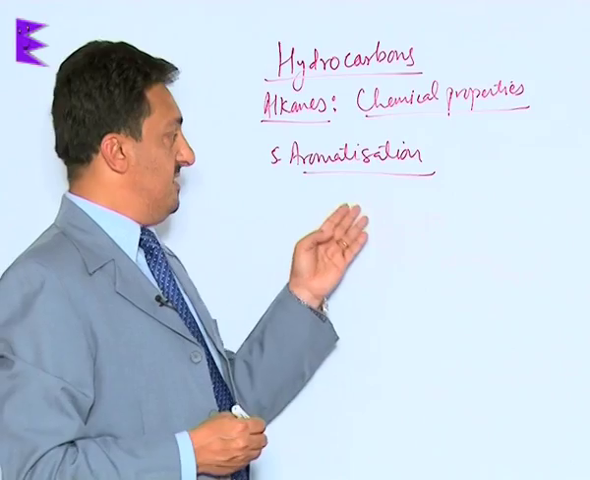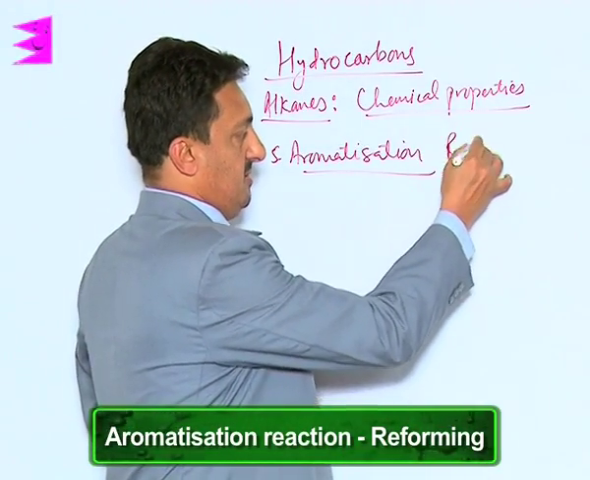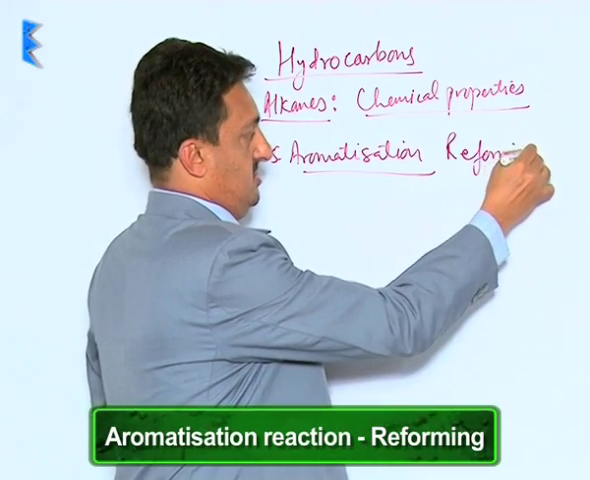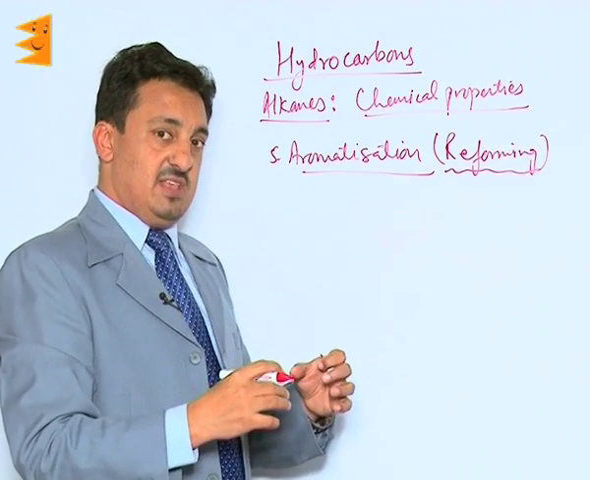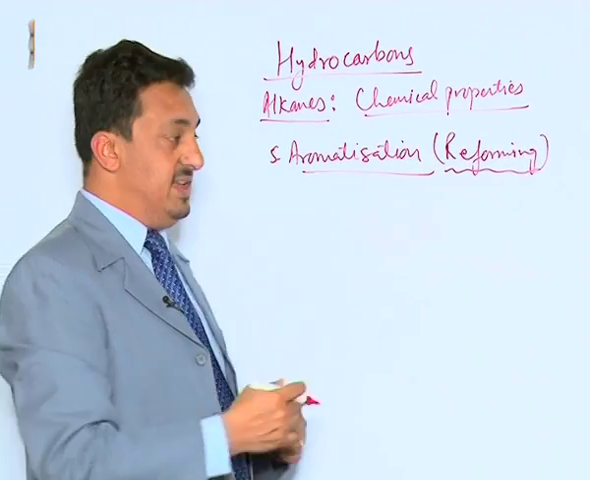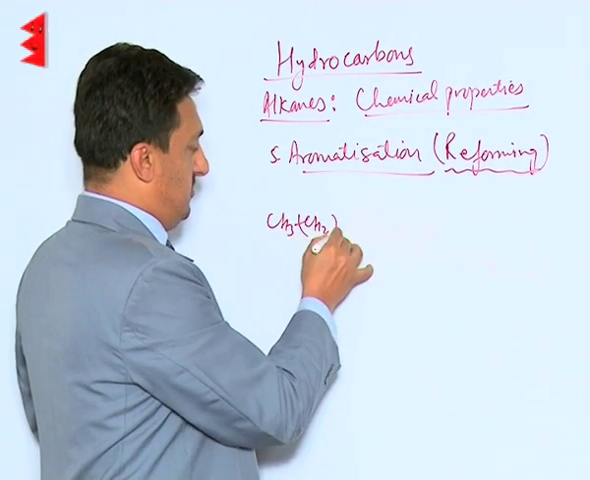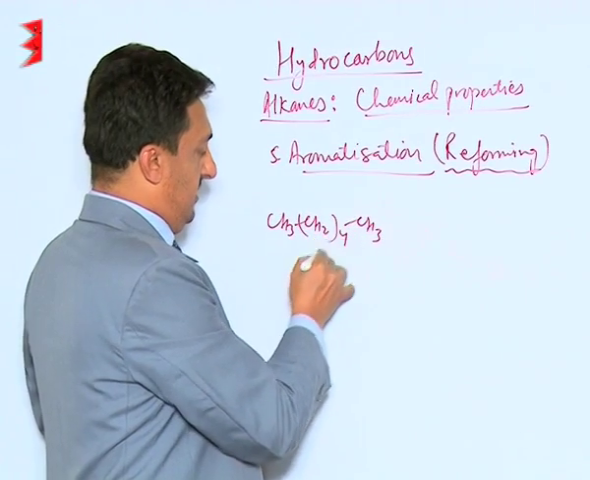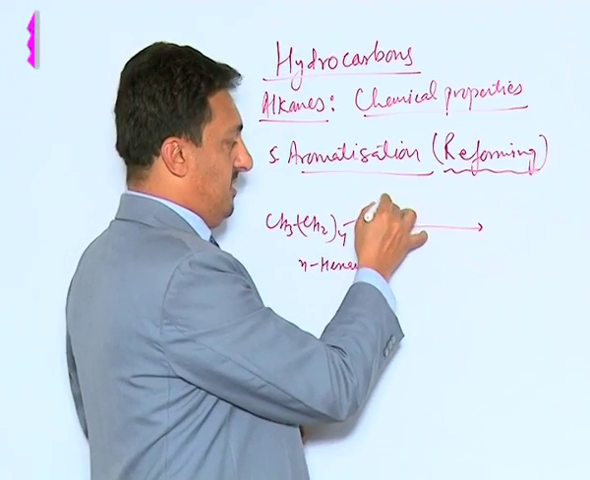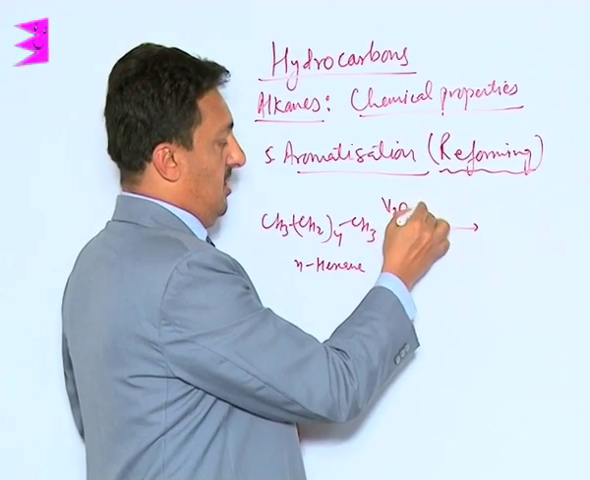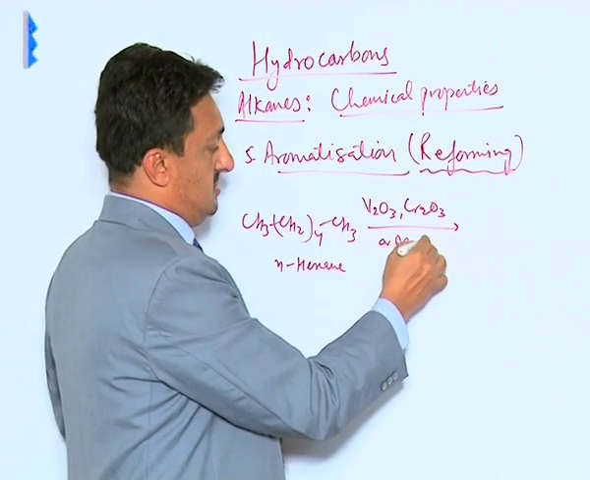The next reaction of alkanes is the aromatization reaction. This is also called reforming. In this, straight chain alkanes with carbon number 6 or more are heated. Let me give an example of n-hexane. So this is CH3, CH2 four times, and CH3. So this is n-hexane. Now this n-hexane, when heated in the presence of vanadium oxide, chromium oxide, or molybdenum oxide,